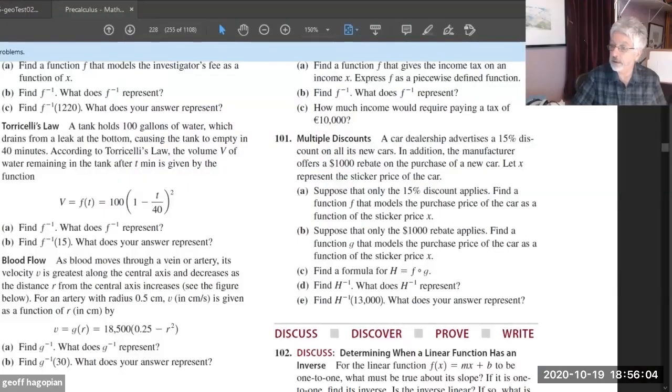All righty. More questions about that or more applications? Blood flow. Got blood moving through a vein or an artery. It's a boundary value problem because at the edges of the vein or artery,